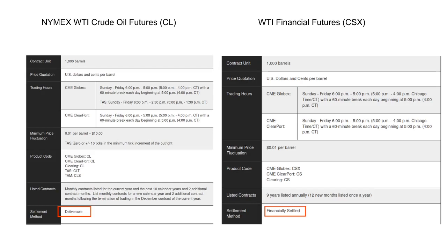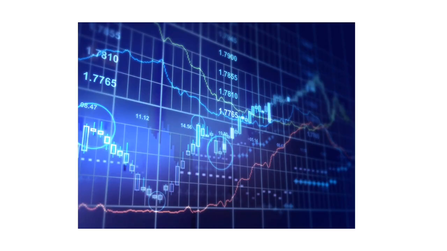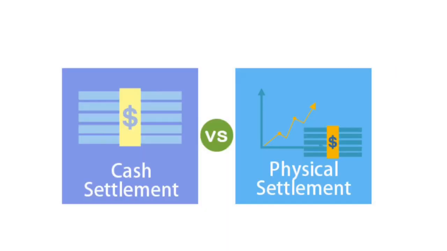What does that mean and why do we care? Well, initially, all futures were supposed to be settled physically between the producers and the consumers of the commodities. However, these days, many futures on non-deliverable underlyings have been introduced, for example stock index futures and even weather futures. Stock indexes and the weather are not something that can be physically delivered, so this type of futures is financially settled, meaning the contracts will only be settled in cash upon expiration. Now, if you trade futures and don't want to get involved in the physical settlement, you will either need to